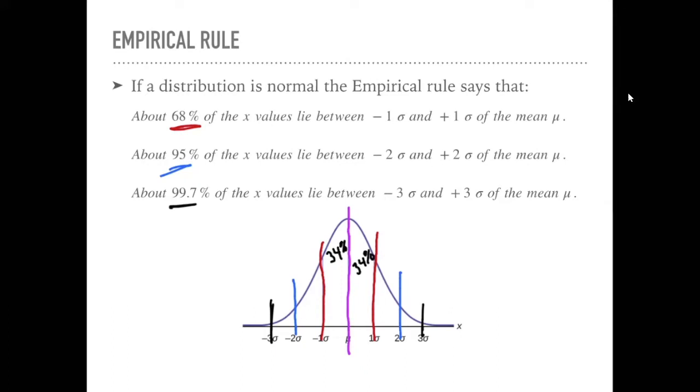Now, if we know that 95% is between the blue lines, but 68% was between the red lines, then we would have 95 minus 68 is 27. We have 27% to split between those areas there. So divide that by 2. That would mean that each of these areas would have 13.5%